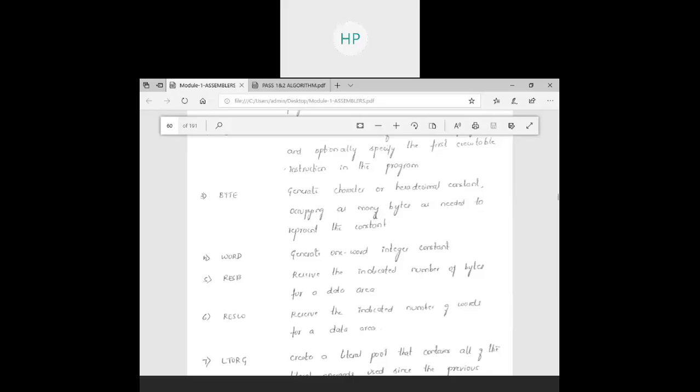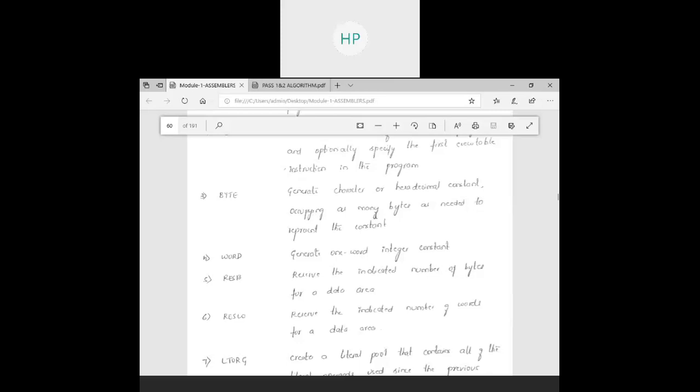So you have to tell the starting address. If you don't specify, it will check whether 000 is available. If not, wherever it is available, it will allocate the memory for you, provided that the entire memory is available for that process. So start will indicate the starting address of the program.